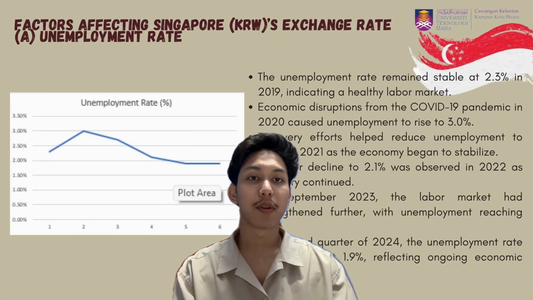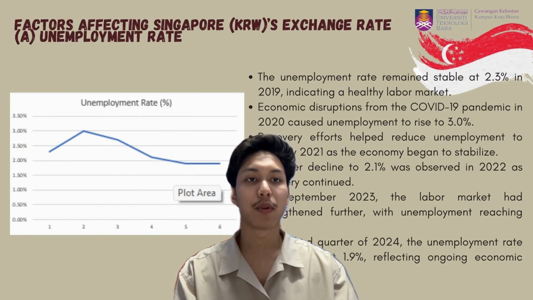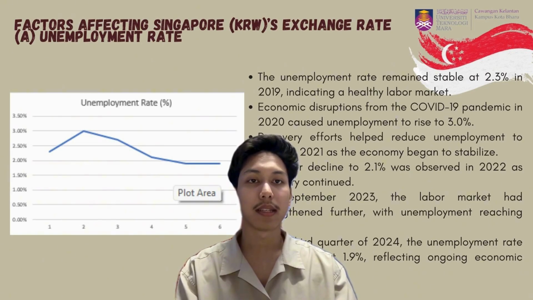Let's move on to the unemployment rate. In 2019, the unemployment rate remained stable at 2.3%, indicating a strong labor market with steady economic growth and job opportunities. However, in 2020, unemployment rose to 3.0% due to the COVID-19 pandemic, which led to widespread business closures, layoffs,